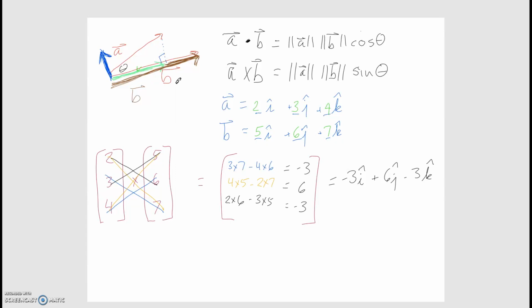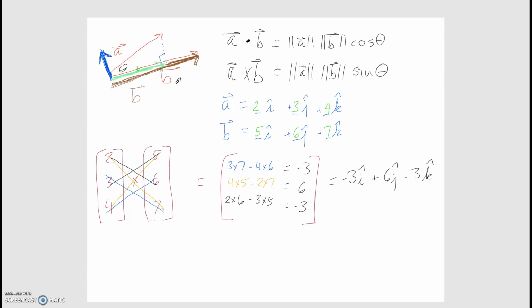And vector B was 5i plus 6j plus 7k. We're going to write it out vertically. The reason we're going to write it out vertically is that it's easier to see, because we can use matrix mechanics to do this. So when I write this out, the cross product between these two vectors, A and B,